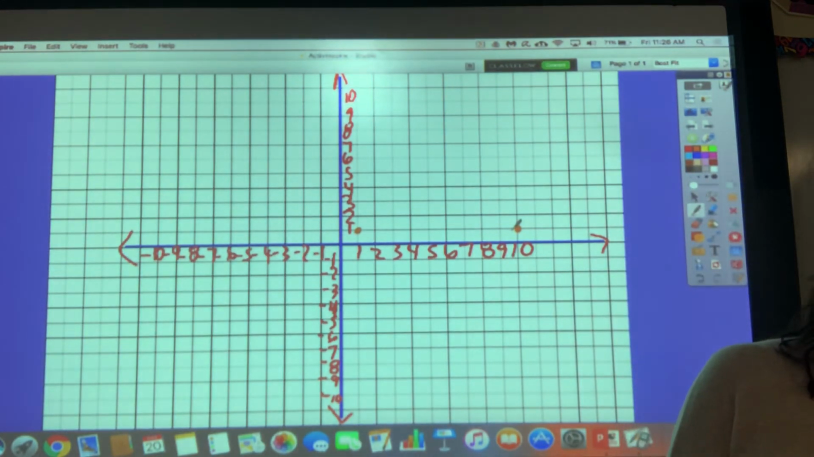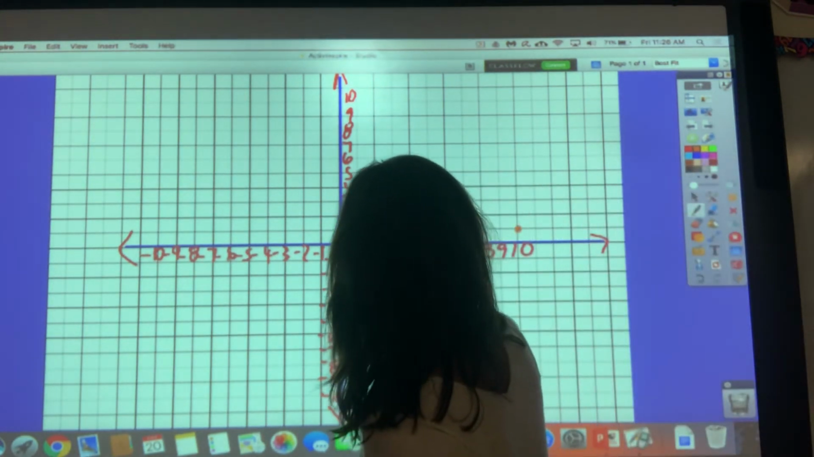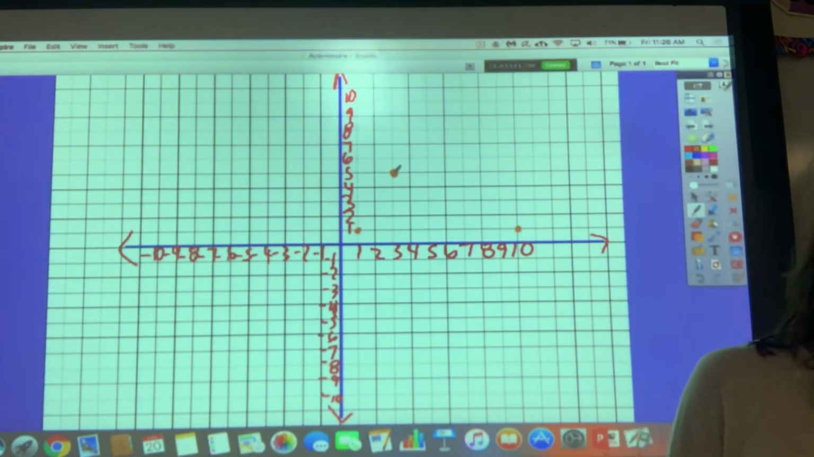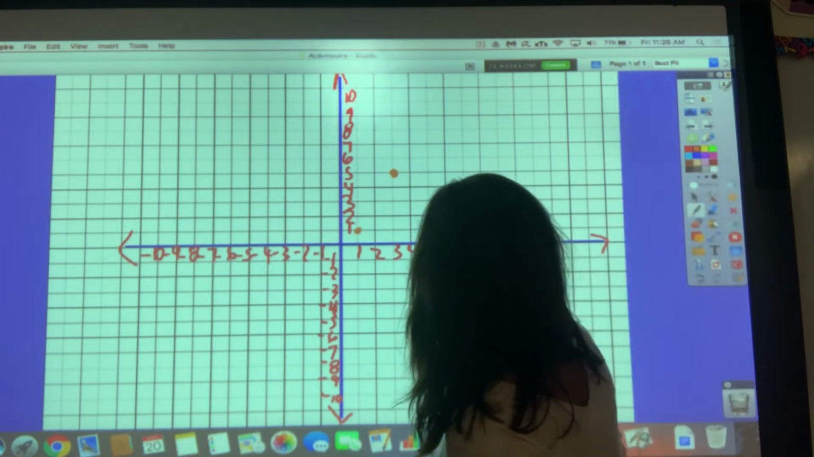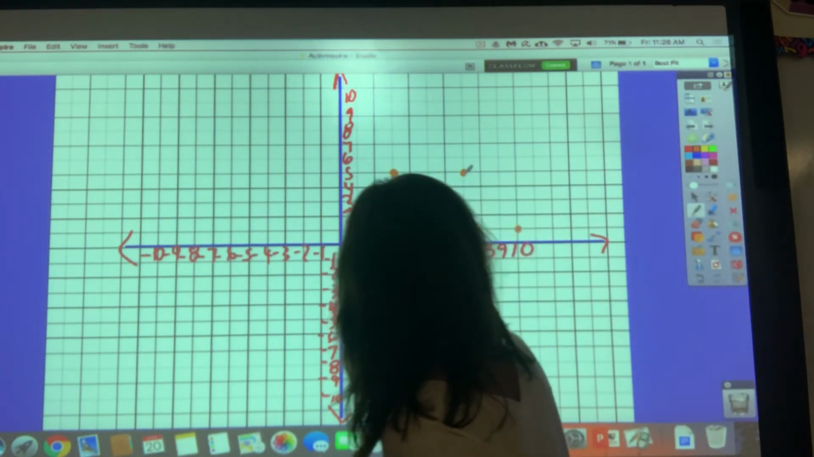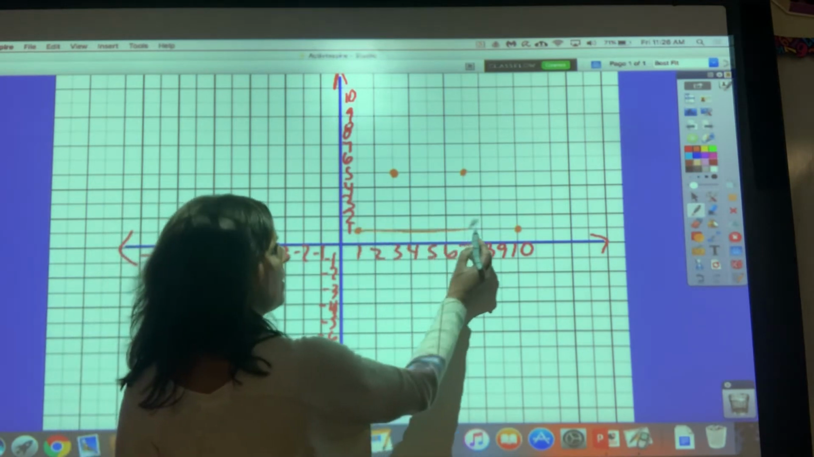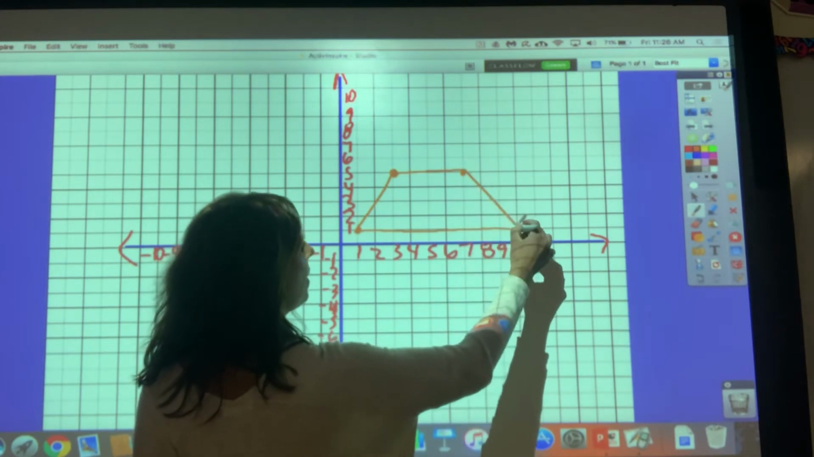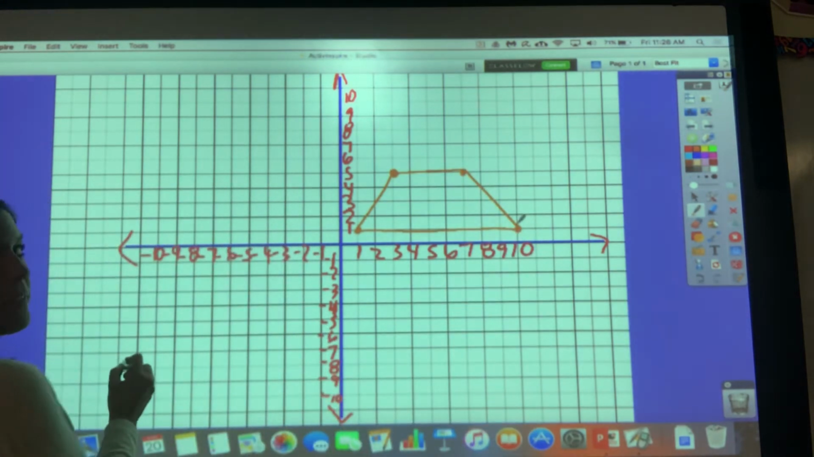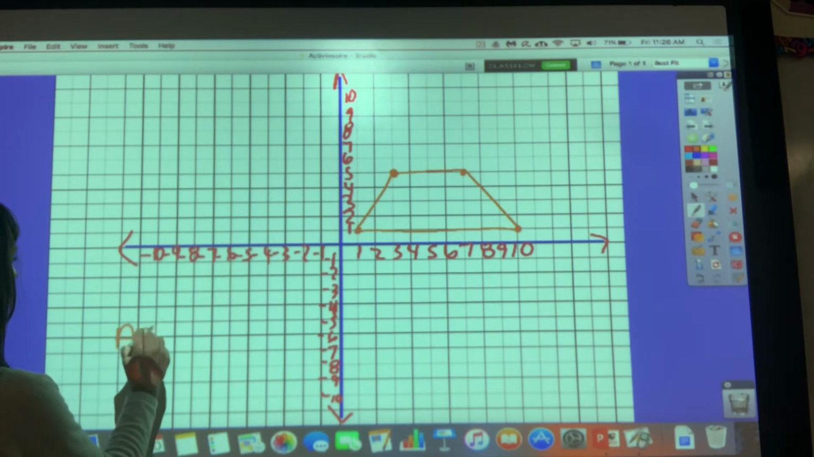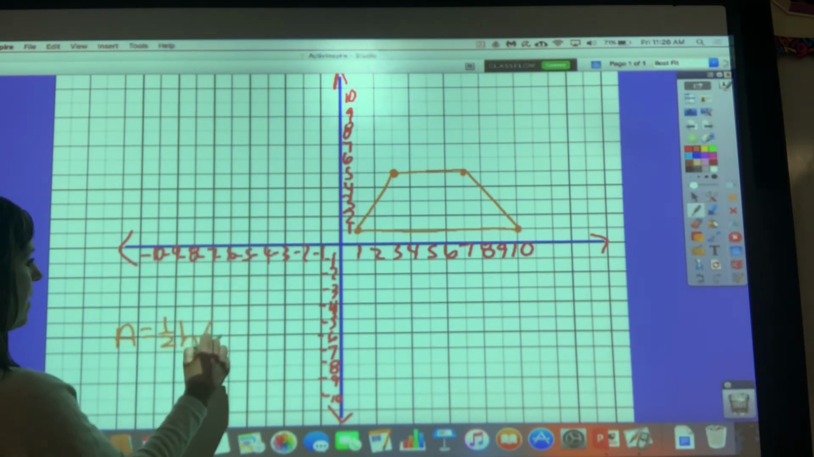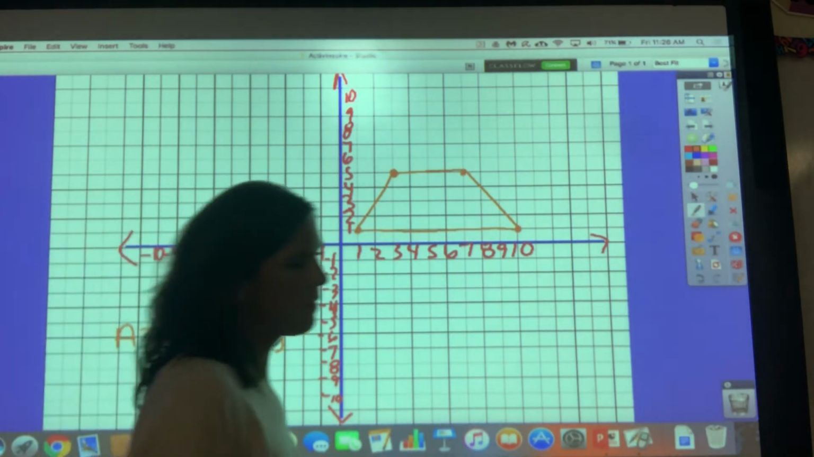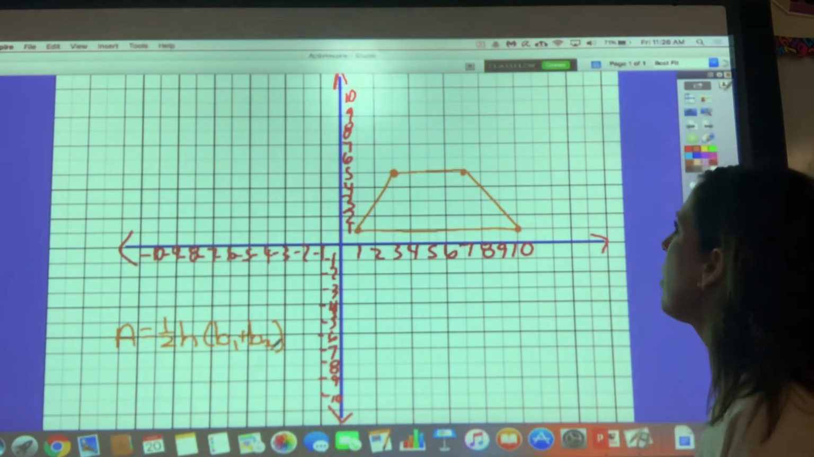Our next point is going to be 3, 5. And our last point is going to be 7, 5. We're going to connect those and we will have a trapezoid. Remember, our area formula for the trapezoid is area equals half the height times the addition of the two bases. So we need to figure out what all of those are on this